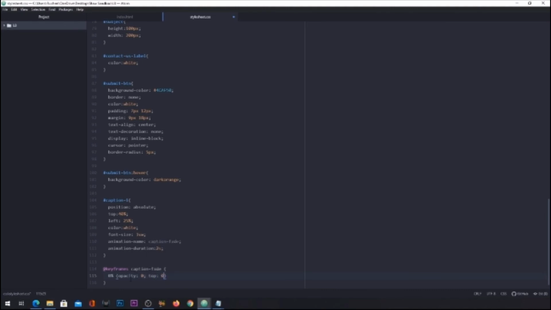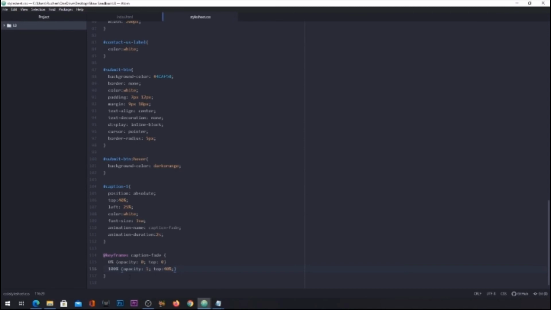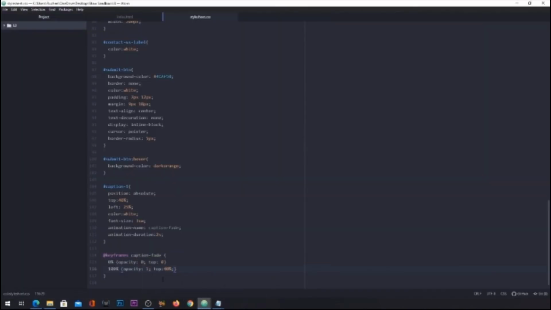Okay, then apart from this, at 100% of the animation, I want this animation's opacity to be 1, and I also want the top position to be shifted to 40% of the viewport. So let's see what we have so far. Wonderful, now it's actually floating in nicely, and if we revisit that code, we have said this animation that's associated